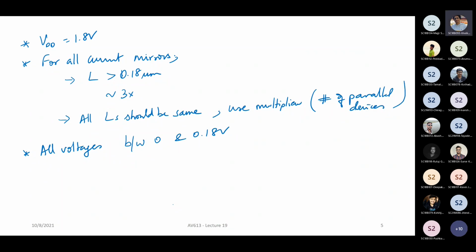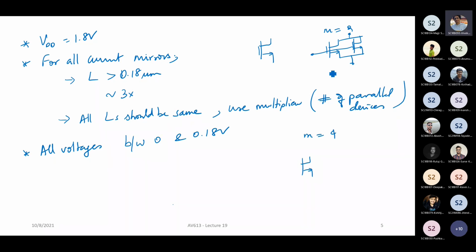Sir, is it like L scaling? Yeah. Sorry. So is it like increasing the value of L using multipliers? No, multiplier means, see, this is 1 unit. Multiplier of 2 means you have 2 transistors. We looked at it in the current mirrors, right? So you have both drains shorted together, both gates shorted together, and both sources shorted together. This is multiplier of 2. Multiplier means you have parallel devices. Basically, what you're doing is you're increasing the W, not L. Okay.